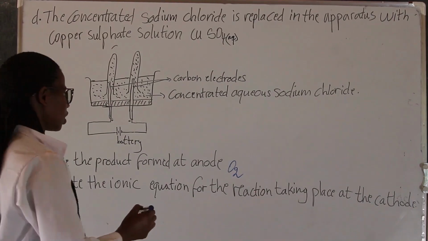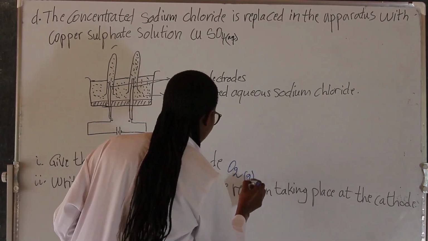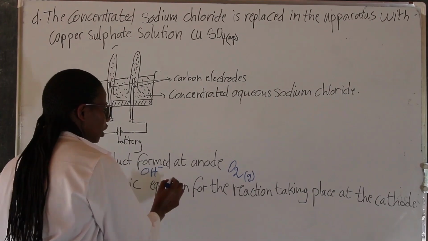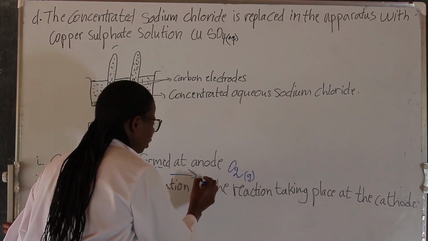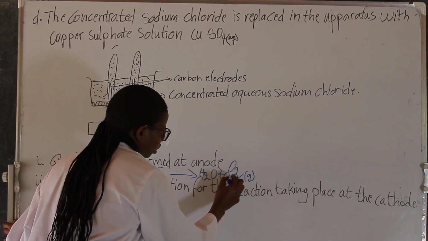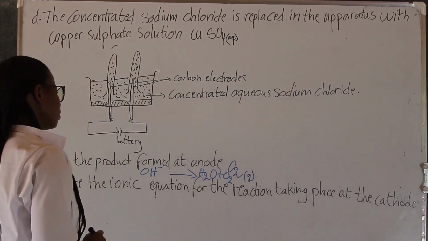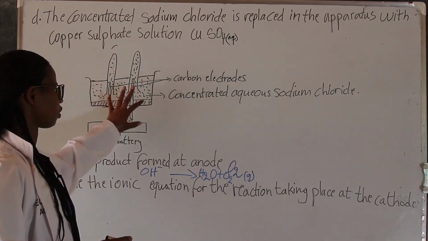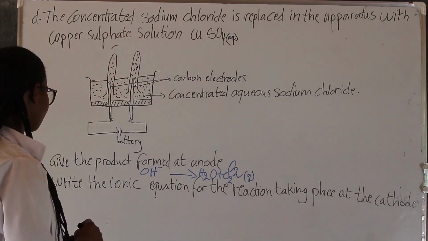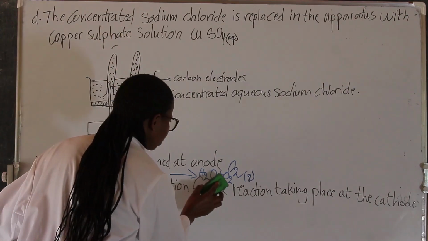oxygen gas. It is oxygen gas which is produced, because here we have OH minus, which is oxidized to give H2O plus oxygen. This OH minus is from the water in this aqueous copper sulfate. Also,